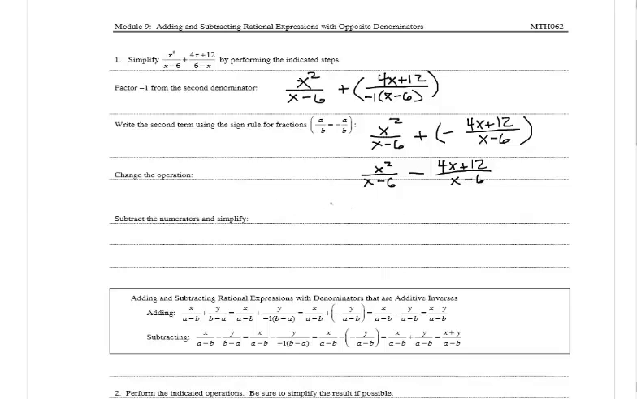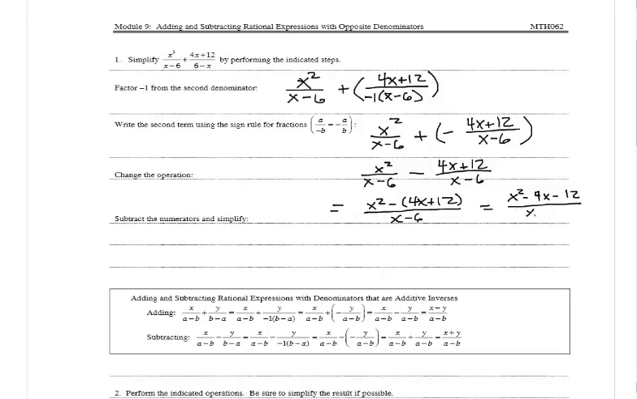So we're going to write it as one fraction, x squared minus 4x plus 12 divided by x minus 6. And now we're going to combine like terms. And we don't have any like terms in the numerator, so we just need to make sure we distribute this negative to both of the terms in the parentheses, which leaves us with x squared minus 4x minus 12 divided